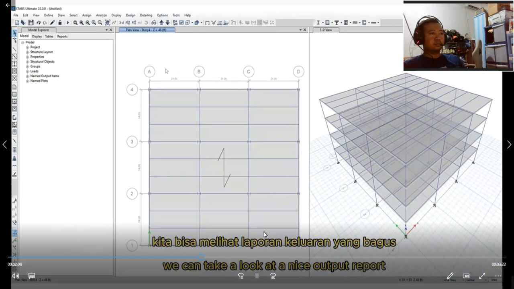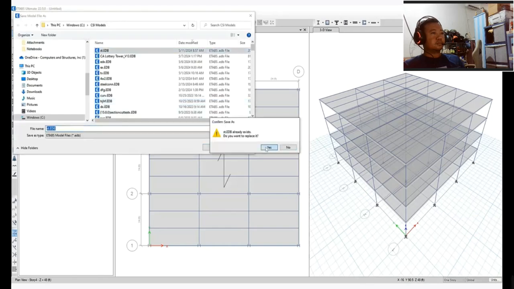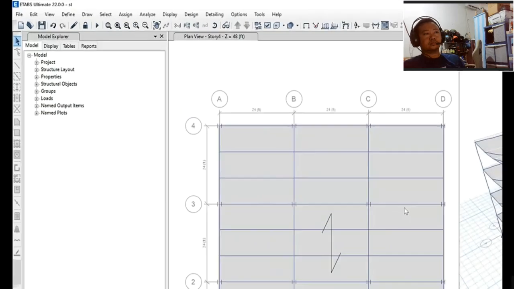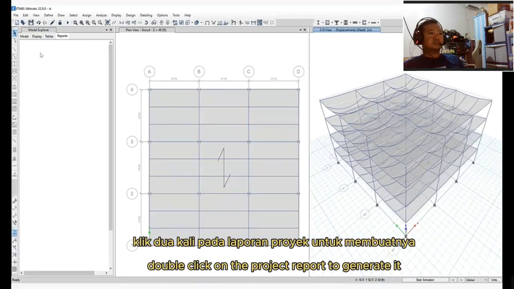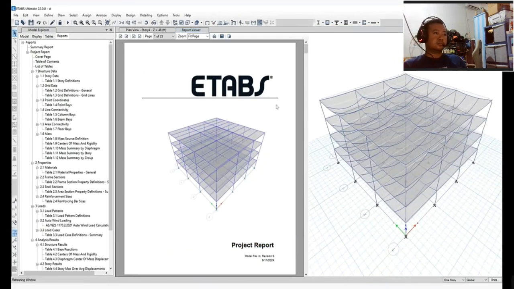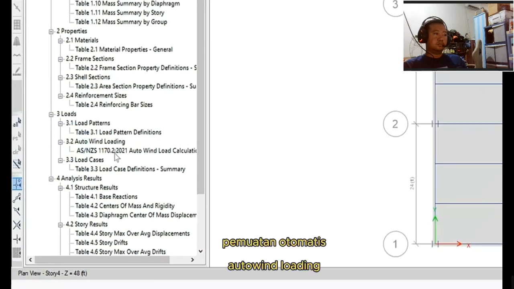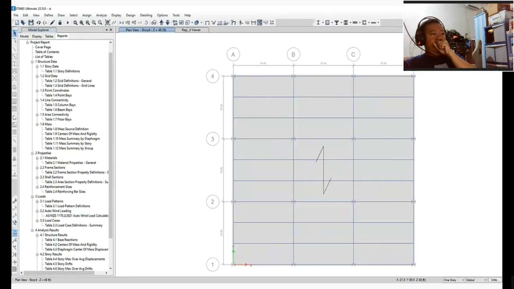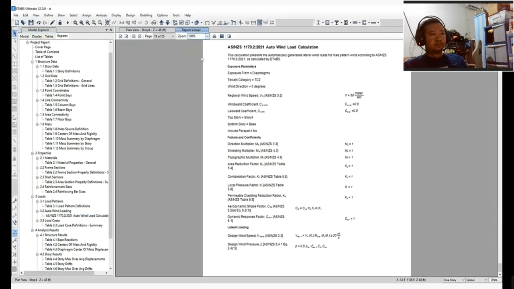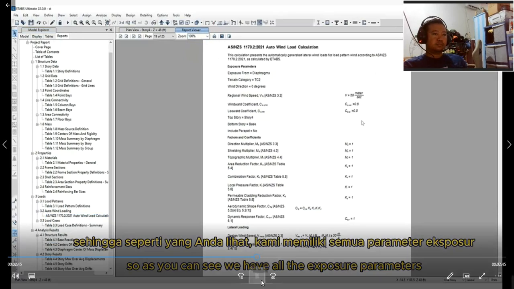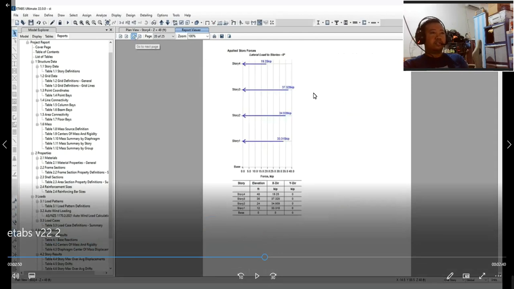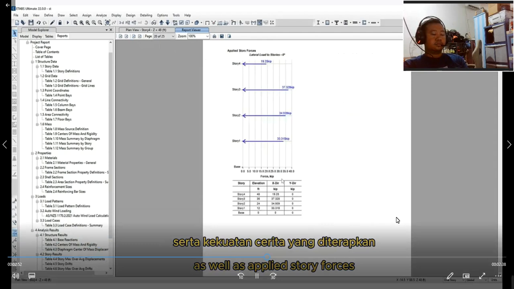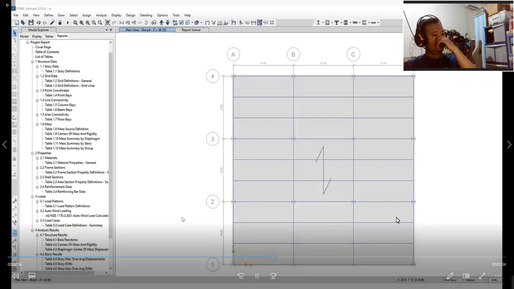So when you run, so if we scroll down, you can see under Loads, Auto Wind Loading, here is the Australia New Zealand code calculations. So as you can see, we have all the exposure parameters, factors and coefficients, lateral loading equations. As well as applied story forces. This can be found in a nice tabular format as well. Next, let's take a